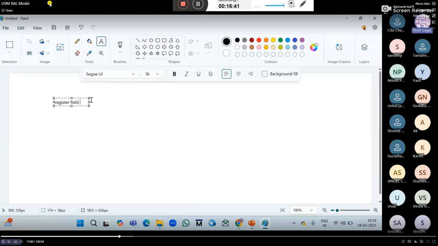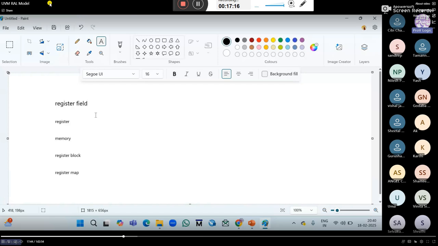Register field, I have told you before, right, how we draw that one. It contains registers, and also it contains memory, and also it contains register block, and also it contains register map.